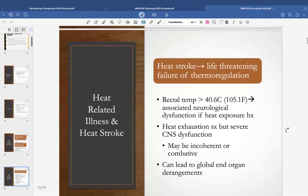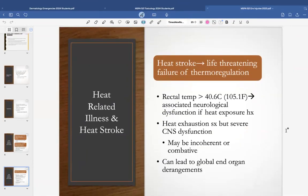Heat stroke, though, is a life-threatening failure of thermoregulation. Their rectal temp may be at 105.1. There might be some associated neurological dysfunction. There might be vomiting, shivering, coma, even seizures. Might be posturing, indicating some neurological damage. And it may involve